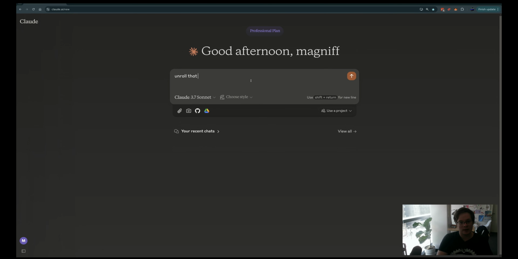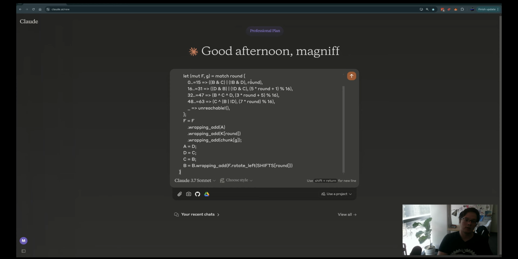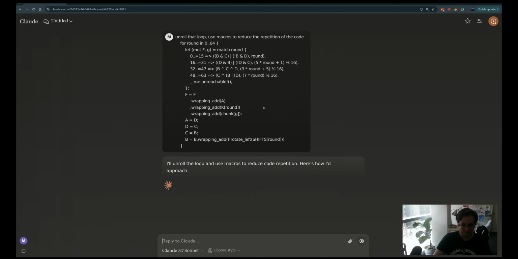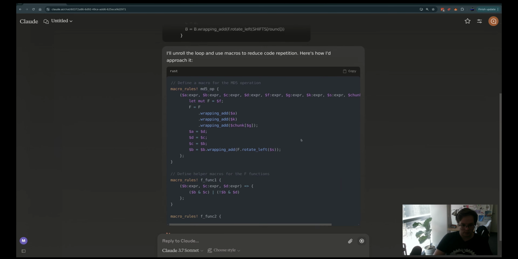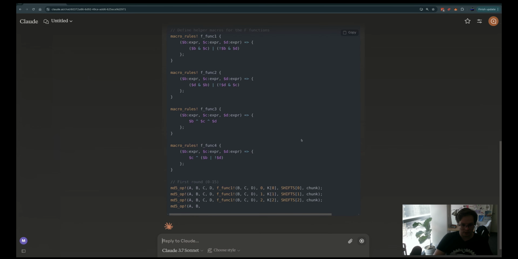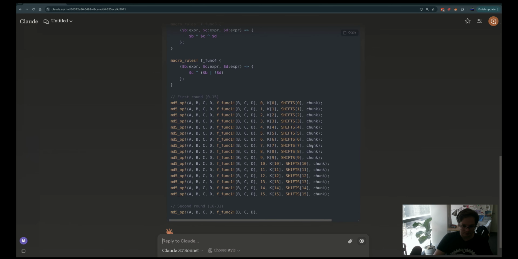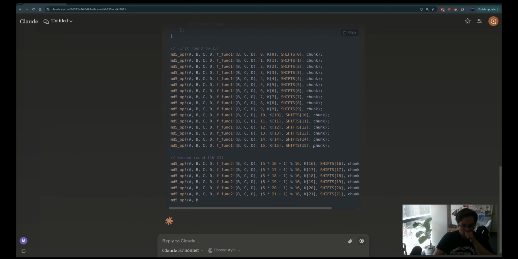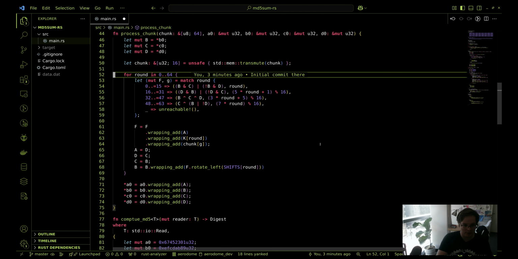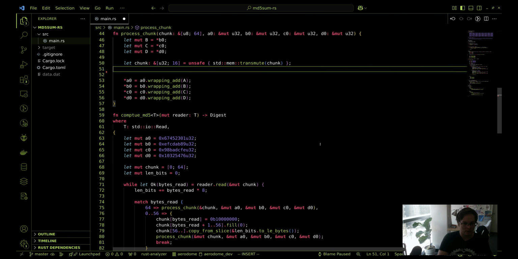Okay, unroll that loop. Use macros to reduce the repetitions of the code. Okay. Yep. Okay. This looks good, actually. Let's see. This looks good. Let's see. So let's remove our